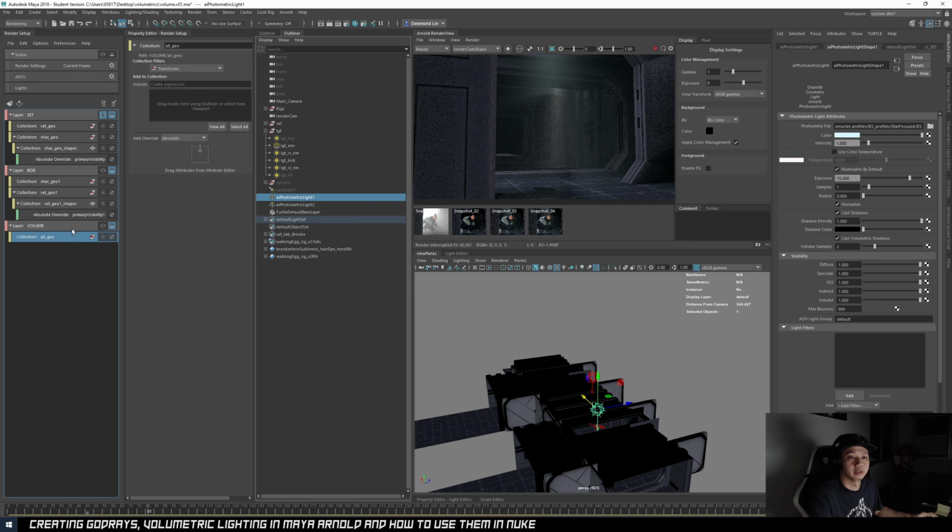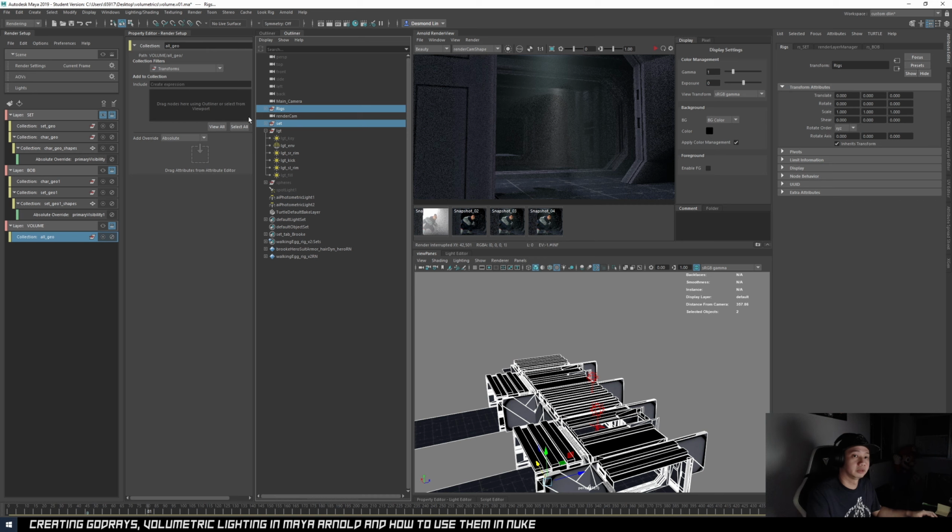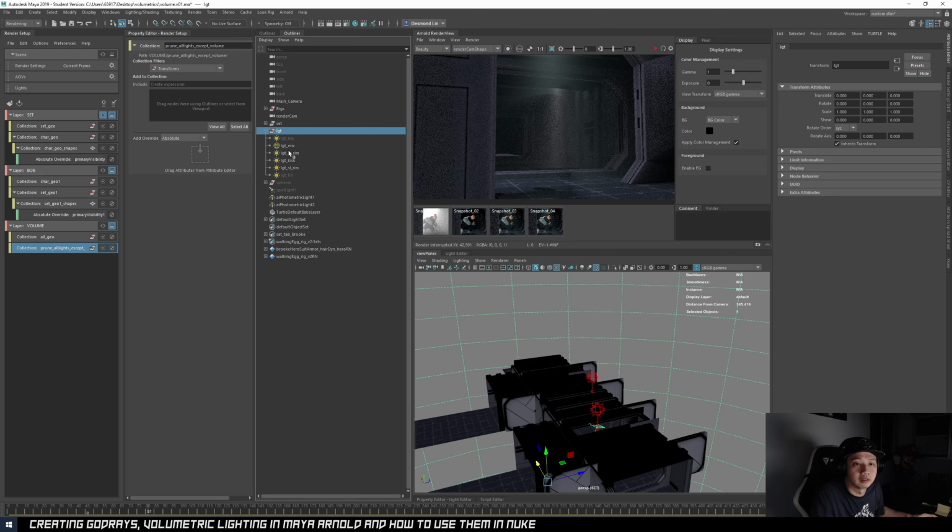So we will create all geo and put in all my geometries. Then in this volume pass, I don't need all the other lights except my volume lights, so I will just prune all lights except volume. All lights meaning all these lights that are not my volumetric ones. So I'll prune them.